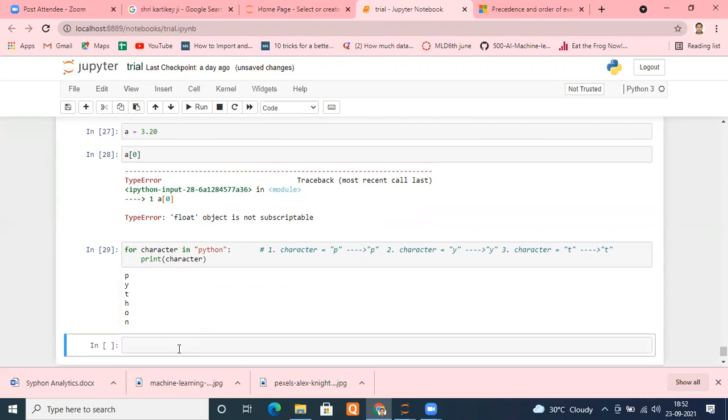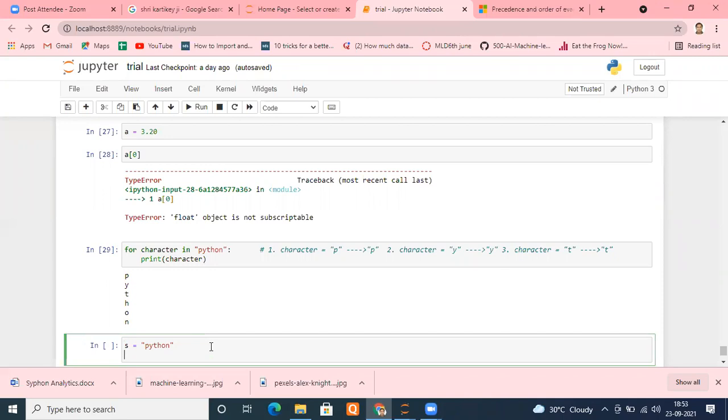Same thing we can do without the for loop as well. For that, we need two functions known as the iter function and the next function. See, same function I'm copying. Let's say my function name is again Python. I'm using a function known as iter.